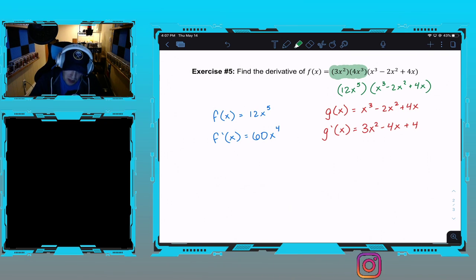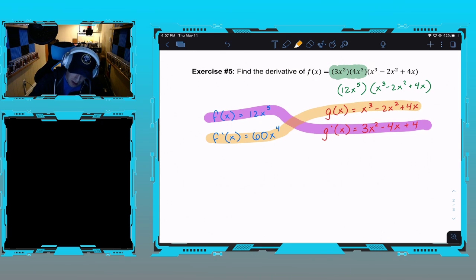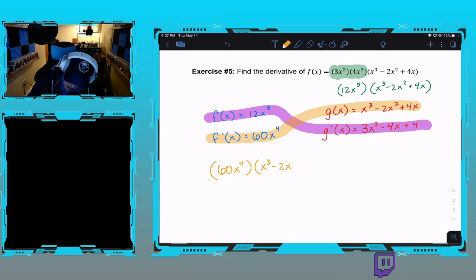From here, I'm just going to do that crisscross method. So I have 60x to the 4th times x cubed minus 2x squared plus 4x